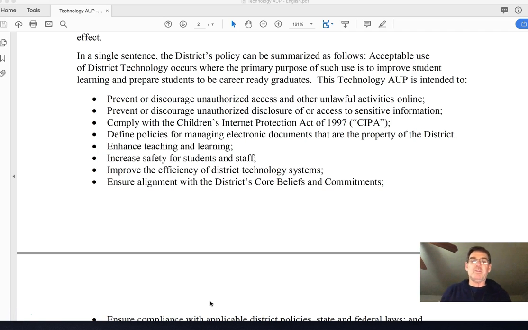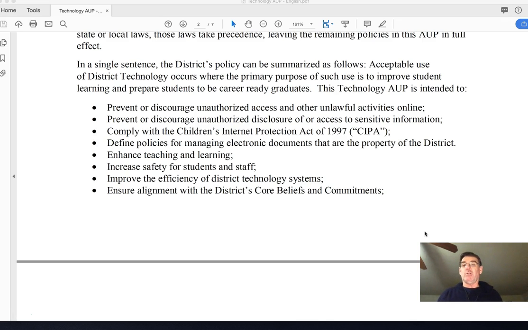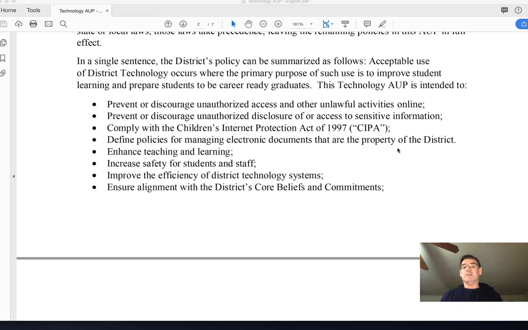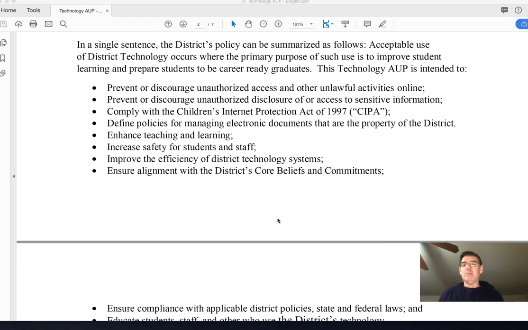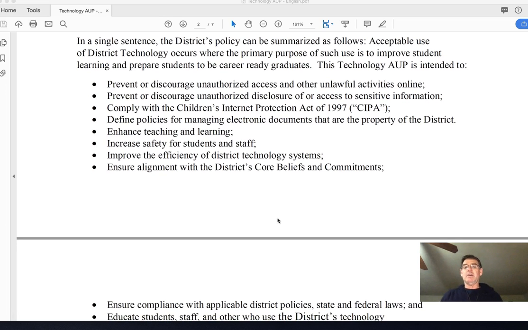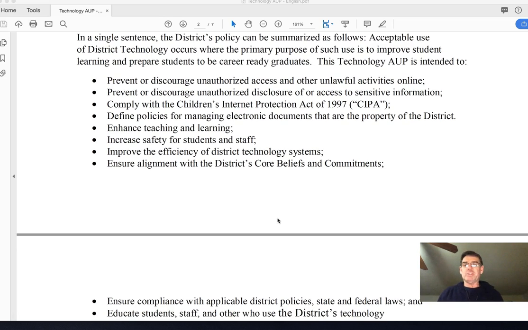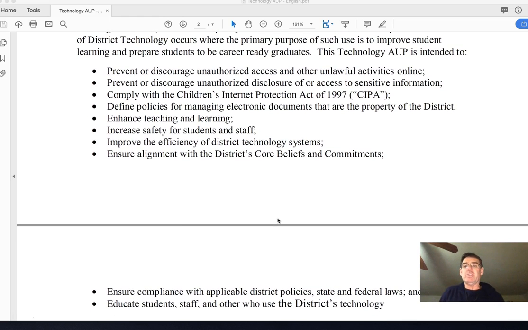Another important thing to make you aware of is the fact that you're going to agree to be lawful, that you're going to conduct yourself in a lawful manner when you're using technology. This is designed to keep you safe, like I said before, and the staff that you're working with safe, and protects them from lawsuits, from angry parents, from people that hold them responsible, and you're just agreeing that you're going to conduct yourself in a lawful manner.